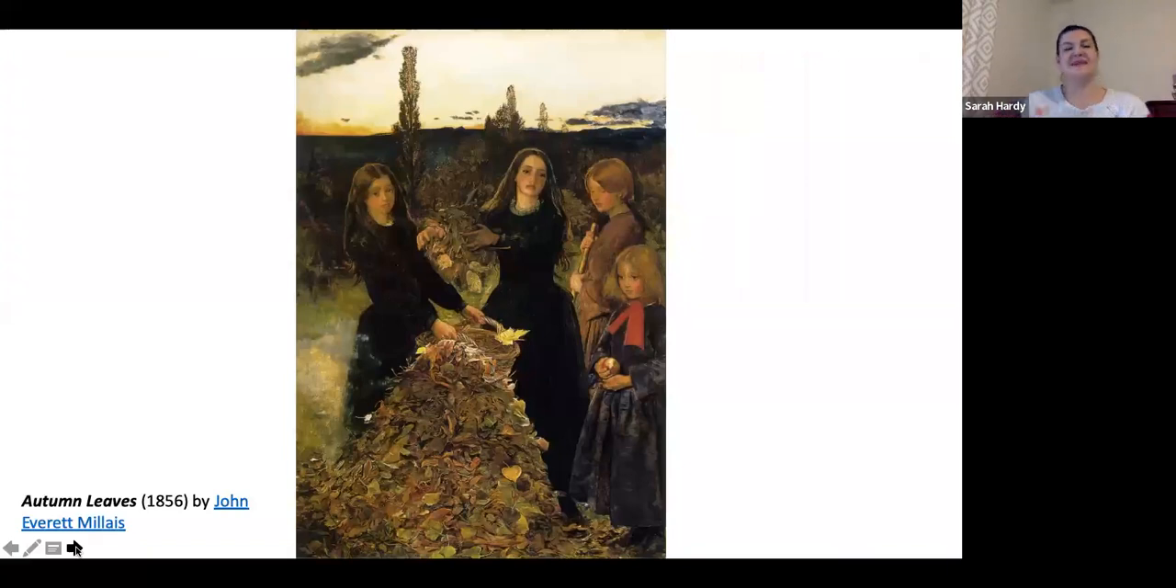So the second painting and artist that I wanted to look at today in this session on autumn is John Everett Millais. And here we have his 1856 painting, Autumn Leaves. An absolutely iconic Millais painting, which is in Manchester Art Gallery's collection. It's an autumnal garden scene, and we see four melancholy looking young girls there around this mound of